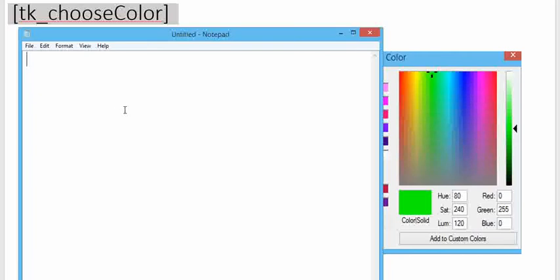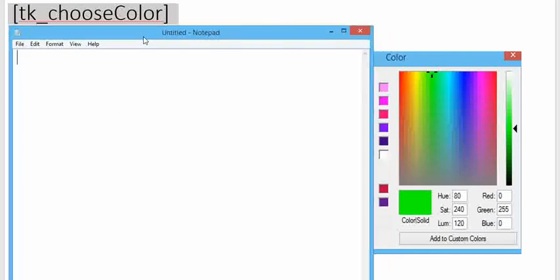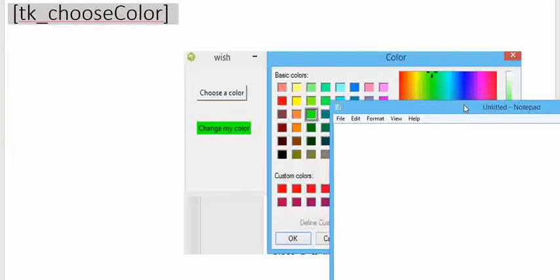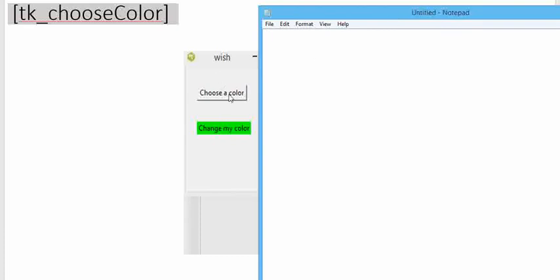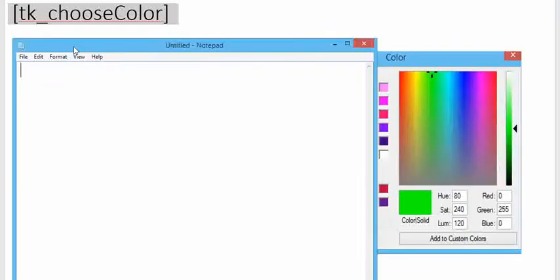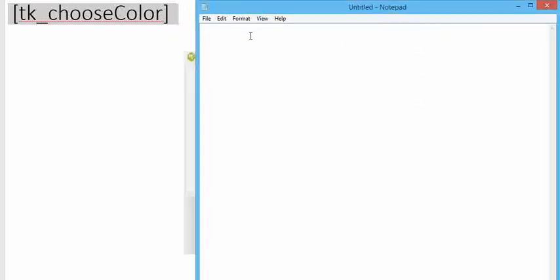To analyze it, very first I have opened a notepad. In this I am going to write a program for this particular tool. We require a button and a label. So very first I am going to create a button widget, dot b.